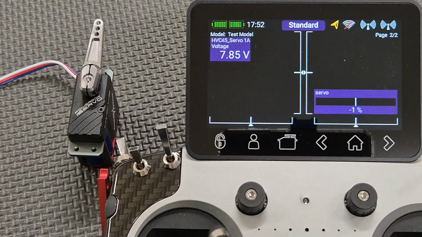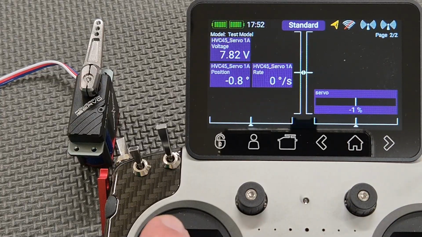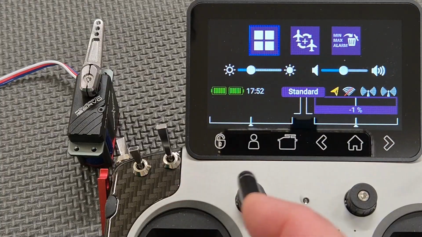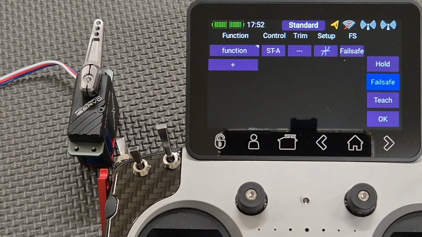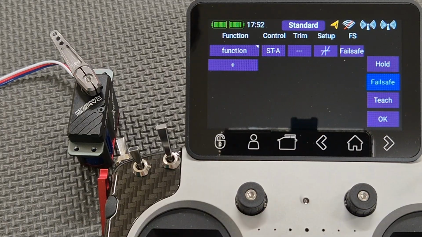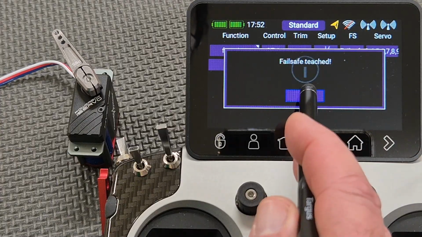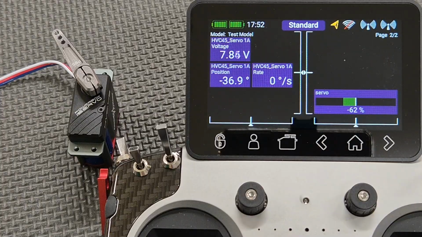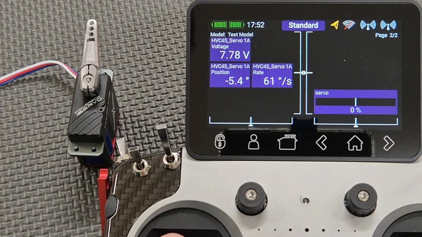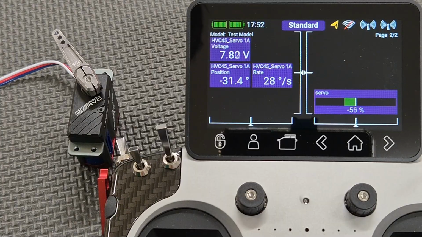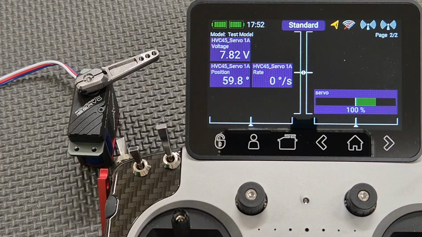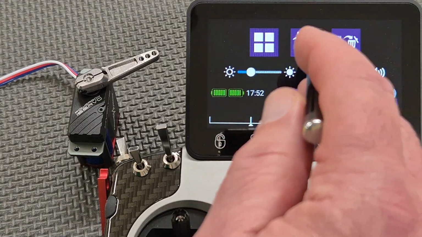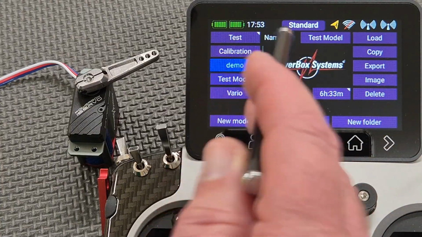So I'll just demo that. At the moment, I haven't set any failsafe. If we go into the function menu, you'll see I've only set up one function for this. Let's say we set the failsafe position to over here somewhere. So I'll teach that. Say OK. So you're flying along, and in theory, when it goes to failsafe, the servo should move over there somewhere. Let's prove it. Let's go to full throttle or plus 100% travel. Probably the easiest way is if I just change models temporarily. So if I go to the demo model,